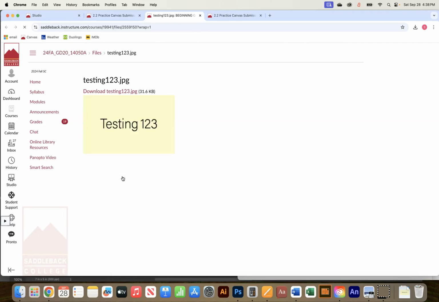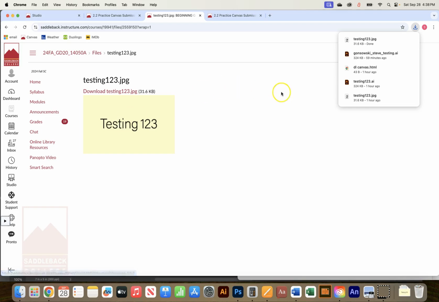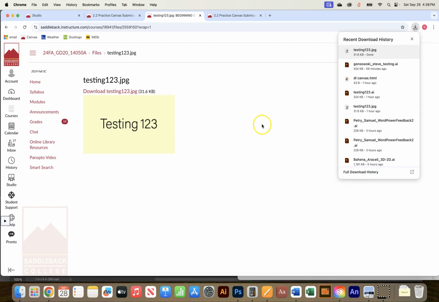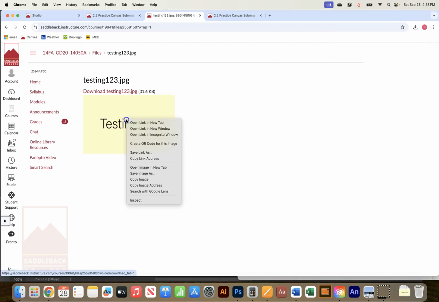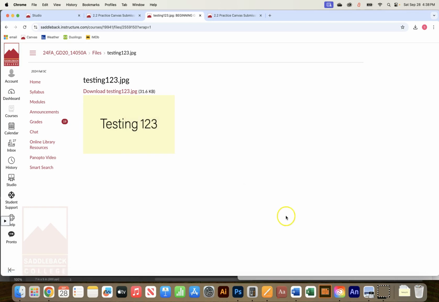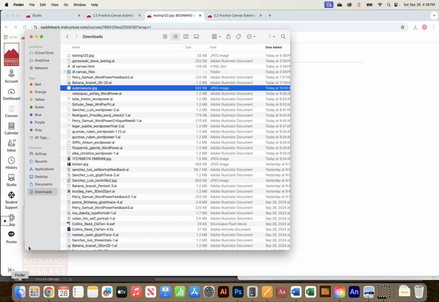Now, this is something that's important about downloading things from Canvas. It can be a little odd sometimes, and there's sometimes like 3-4 different ways that you can download the file. Sometimes it may just start downloading automatically. Sometimes if you click here, it'll download like it just did for me, but it looks like there's also a button here. Oh no, that's just recent download history, sorry. And also right-clicking on it may also allow you to save image as. But one of those for sure will get you the document, and what you should end up in your downloads folder